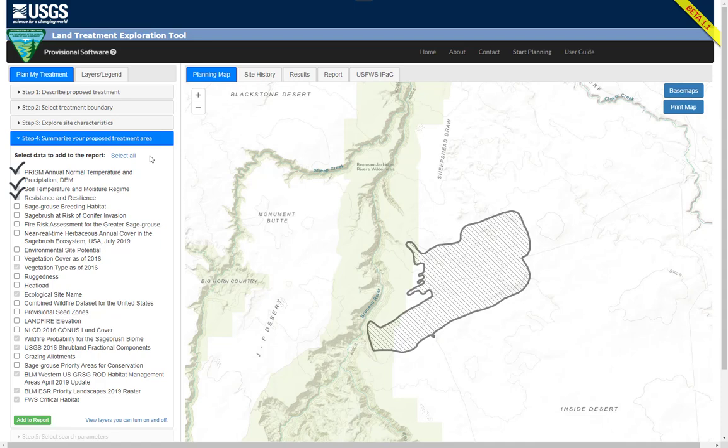While ESR Wildfire Project is selected in Step 1, the default selections are also vegetation type, ecological site name, wildfire probability in the sagebrush biome, shrubland fractional components, sage-grouse habitat management areas, ESR priority landscapes, and fish and wildlife critical habitat. The layers that are not checked by default can be optionally included by checking the box to the left